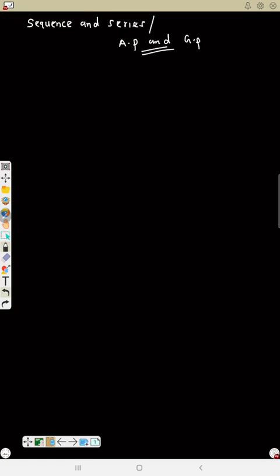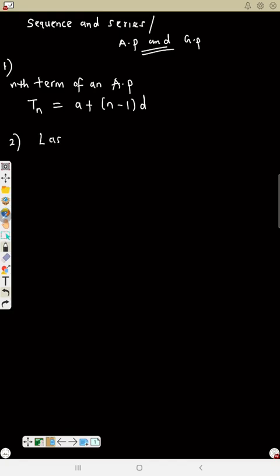So now the nth term of an AP, we represent it as Tn. So the formula is a plus (n minus 1) into d. So this is number 1. Number 2,